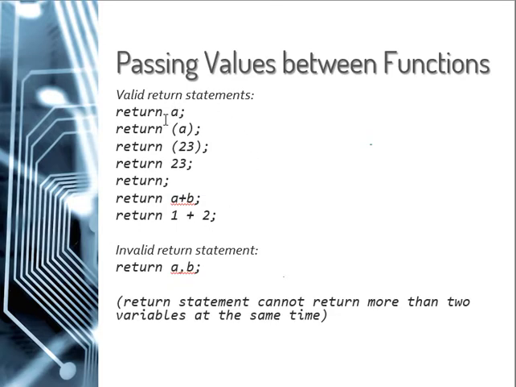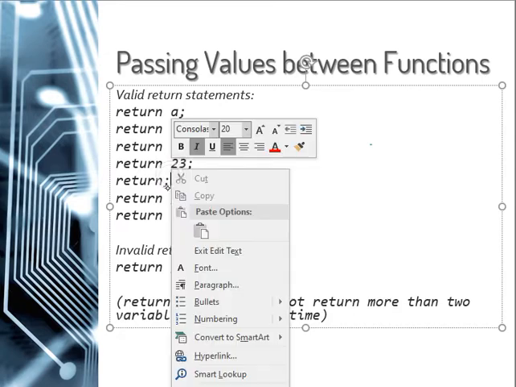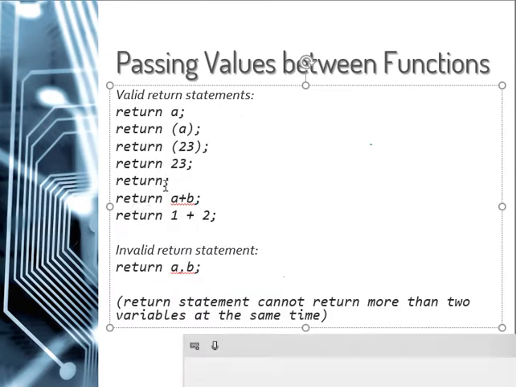So, these are the valid return statements. You can have no parenthesis, or you can have parentheses. You can return a constant, it doesn't need to be a variable. You can also have no value to return. This is actually allowed, but again, since there is no value to return, and for example,